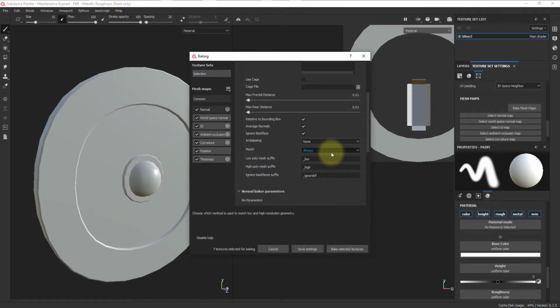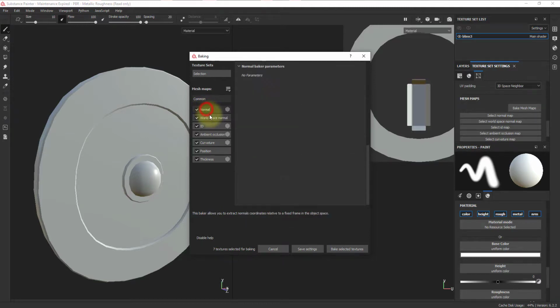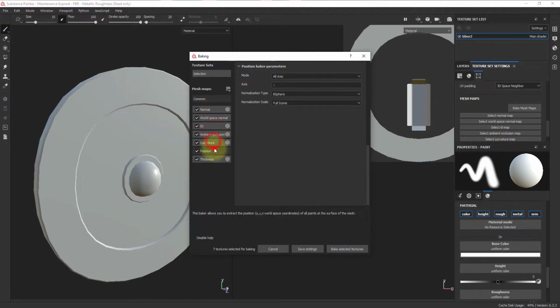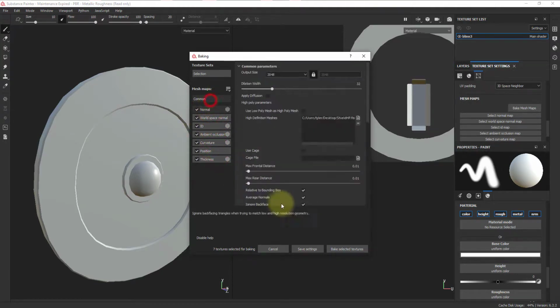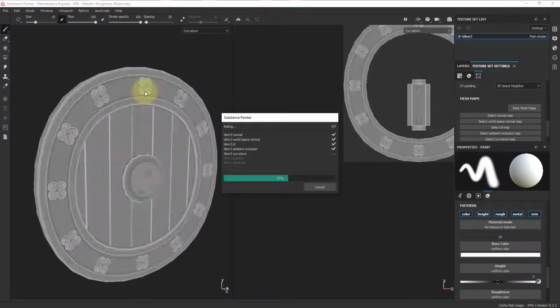And if I were to have a bunch of things, I could do a naming convention. I'll put the anti-aliasing up a little bit. That'll help keep those sharp edges not too jaggedy. And then we have a couple different options here for our other maps, but for now we're just worrying about our bake map. So I'm just going to go ahead and bake selected texture,